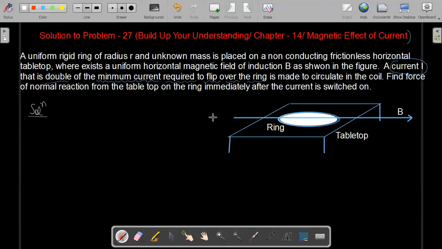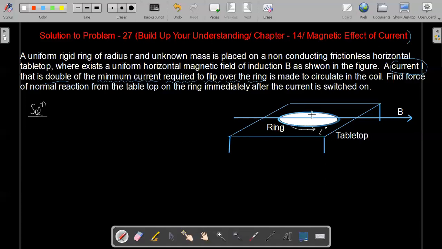First part, since this ring carries a current, let's say the ring carries a current small i. Now, if the ring carries current small i, then it will have a magnetic dipole moment associated with it. We all know that a closed loop which carries a current has a magnetic dipole moment associated with that current. And that is obtained by the right hand rule, in which we say that if you curl your right hand fingers with the thumb stretched out, then the thumb points in the direction of magnetic moment.